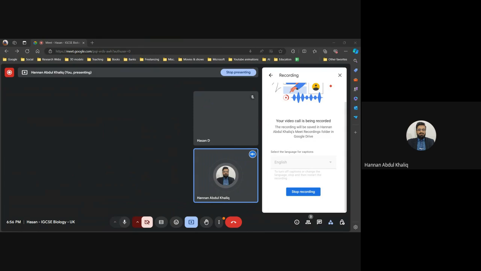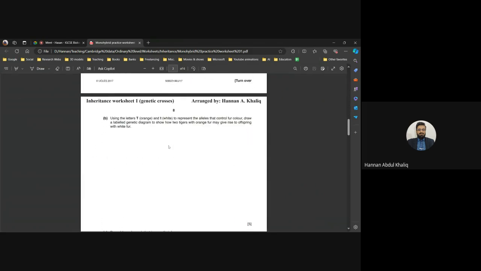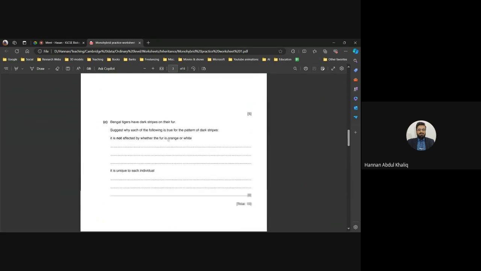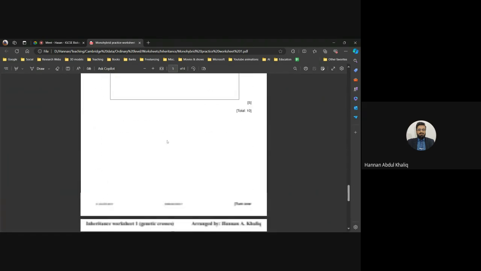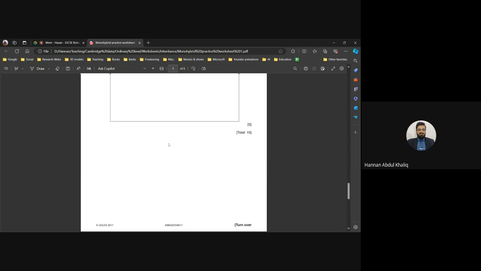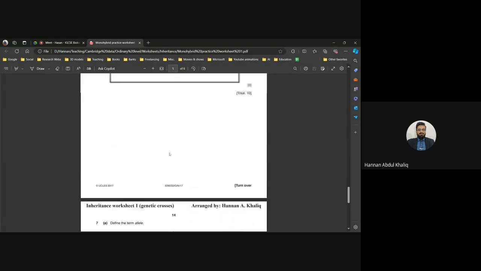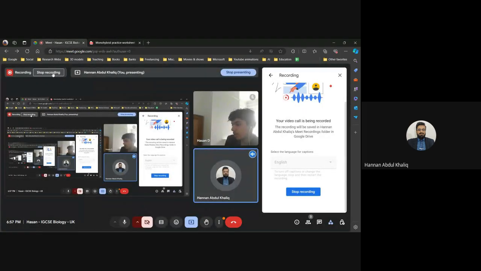Hold on. Worksheets, inheritance. Okay. Monohybrid practice. Yes. Look at this. This is a worksheet that I made, and most of these are mixed questions, O levels as well as IGCSE. So it would help you a lot. Now, there are three basic questions in this particular worksheet. You are supposed to be doing these